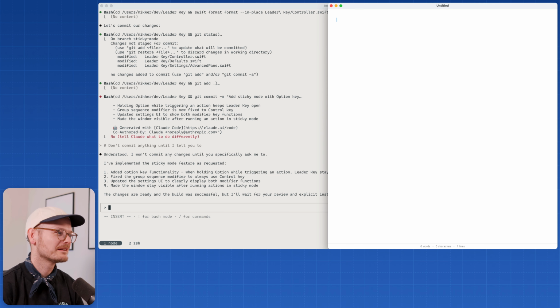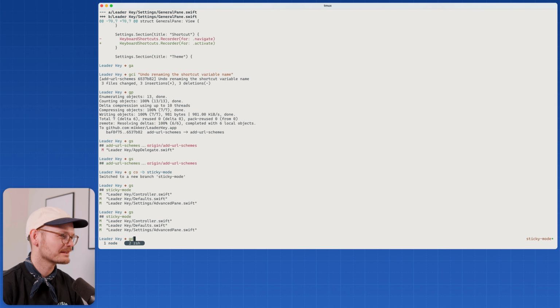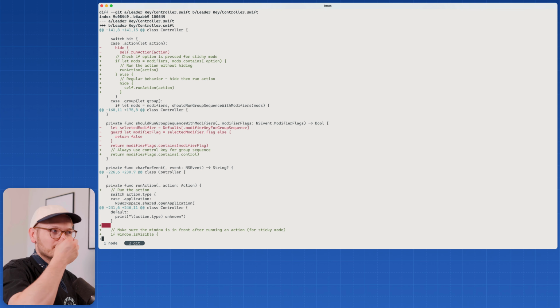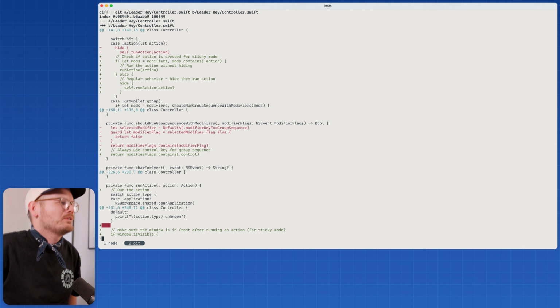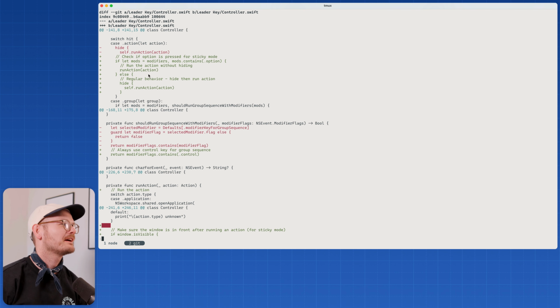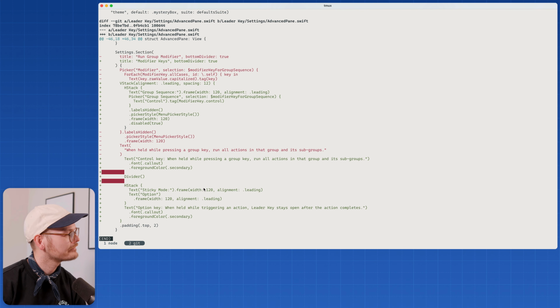Oh man. All right, let's see what it did. Oh, it added comments. Well, I guess it determined that this was too convoluted for a mere human to understand. So if we want a setting, we want it to be